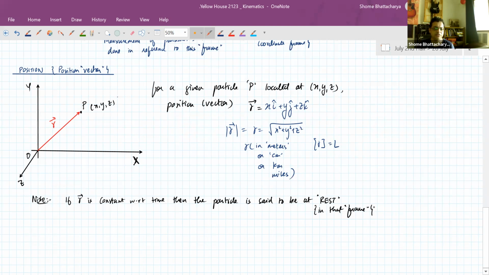In one reference frame, an object which is at rest may not be at rest in another reference frame, which is moving with respect to the first. So everything that we describe in kinematics is always with respect to a reference frame. Hence, the starting of it was with the definition of reference frame. Whereas if r is changing or if r is varying with time,